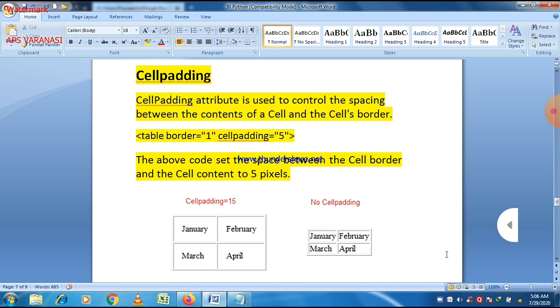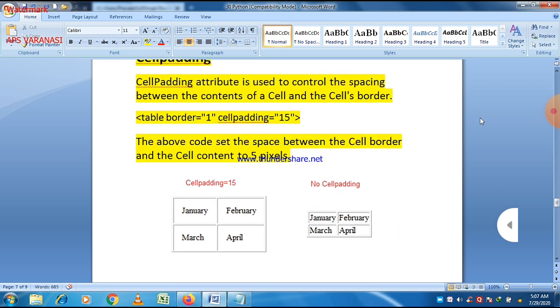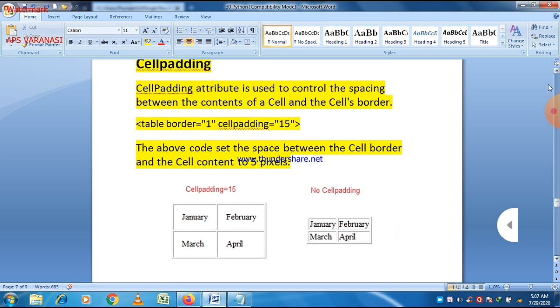This is the example of cell padding of 15 and no cell padding. You can see that when there is cell padding, the space between the content of the cell and the boundary of the cell is much higher than when there is no cell padding.